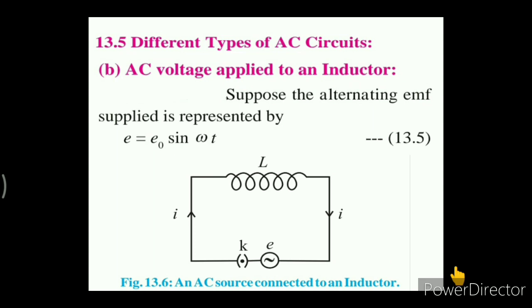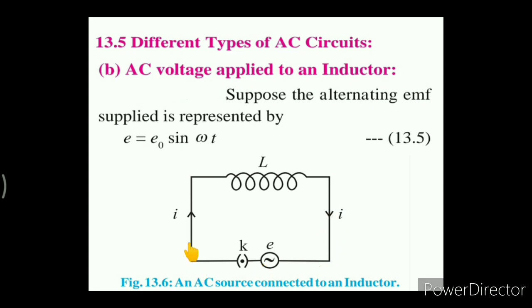As we know that in the inductor, the production of induced EMF takes place in the circuit itself on account of a change in the current in it. And we had discussed the phenomenon which is termed self-inductance. So here it is also known as the back EMF, which is produced in an inductor, and this back EMF is equal to the instantaneous value of the applied voltage, that is EMF E.